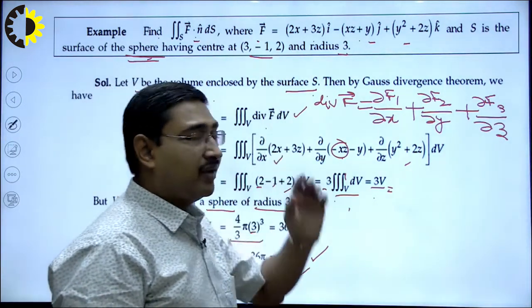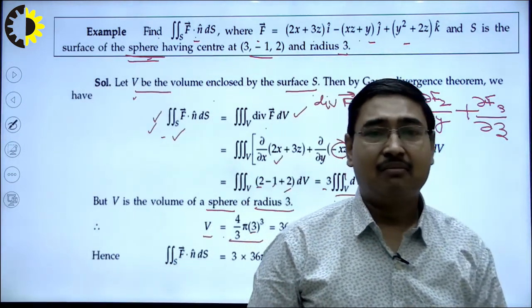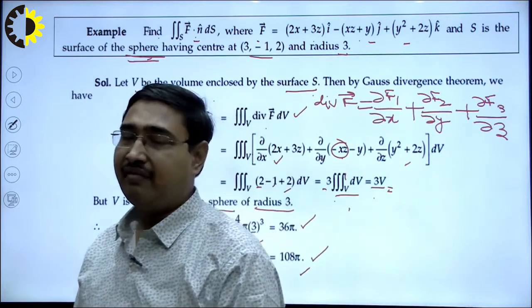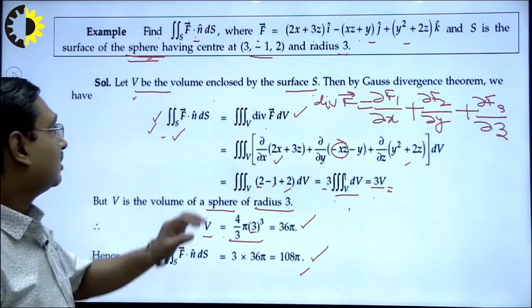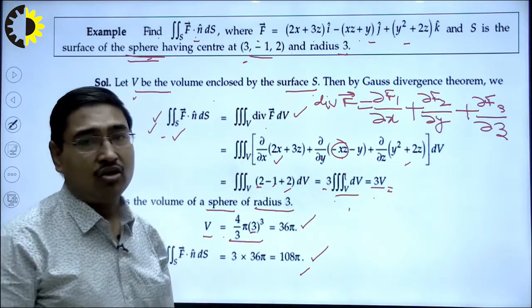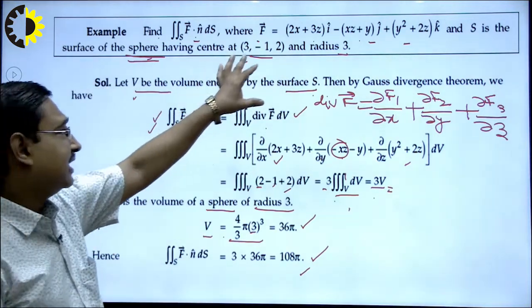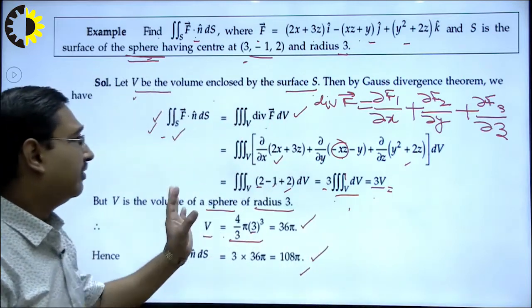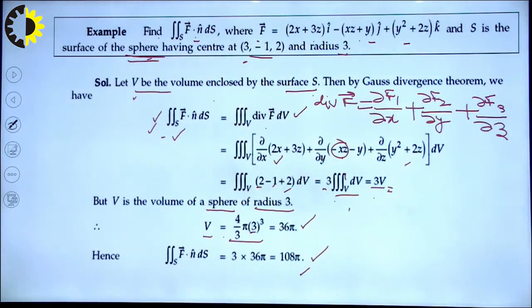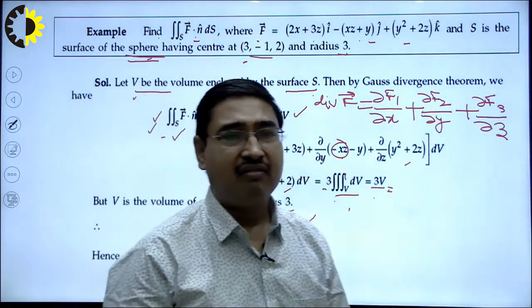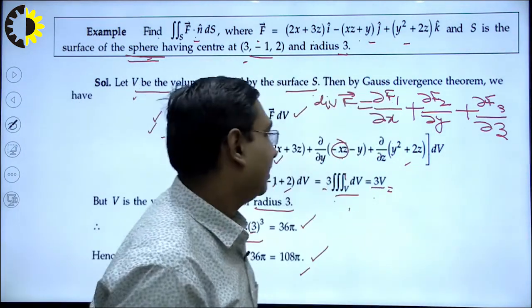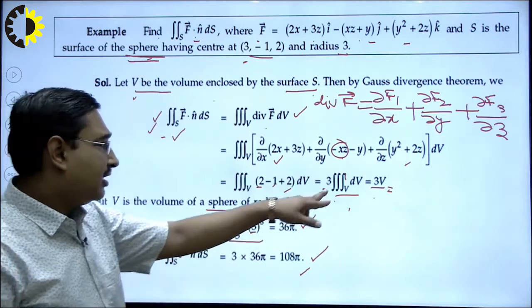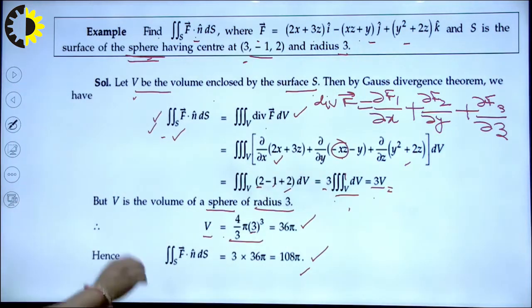If we try to evaluate this surface integral by the usual process, then it will become very tedious, because this sphere is not a standard sphere, meaning its center is not the origin. So it will be very difficult to evaluate the surface integral by the usual process. Now we take one more example to understand the divergence theorem when the function inside the integral is not 1.